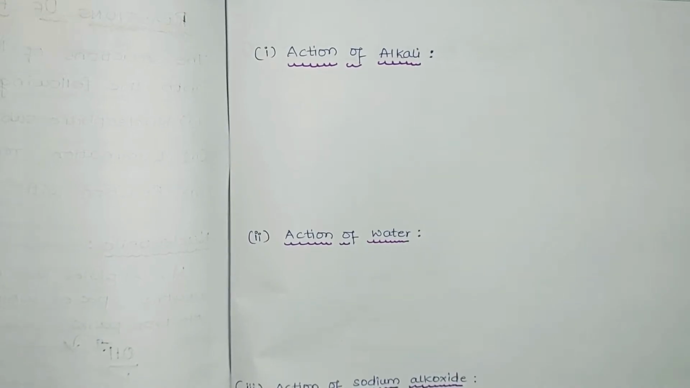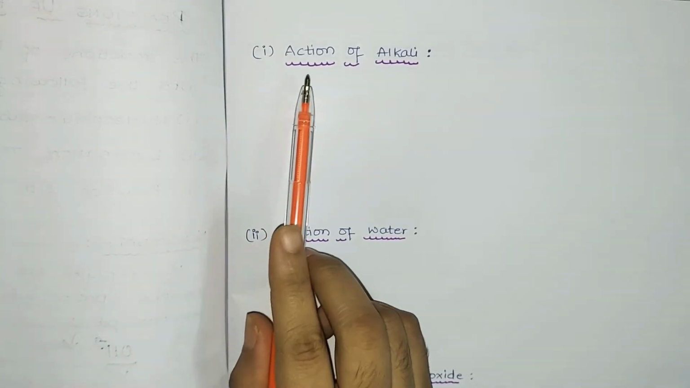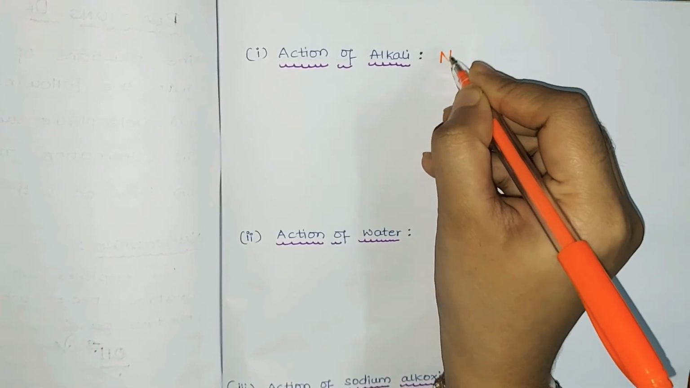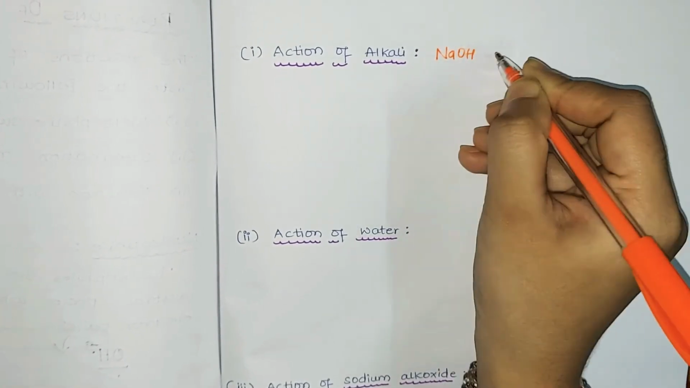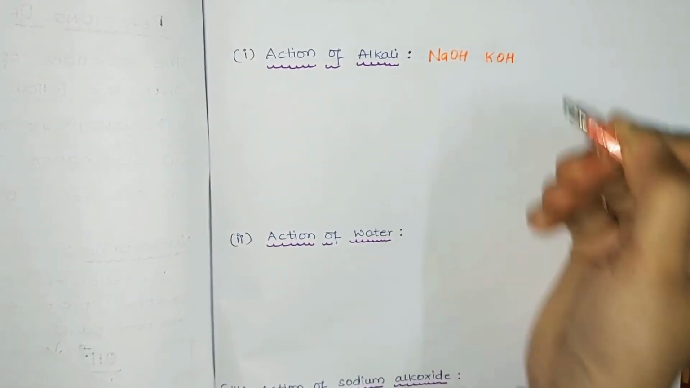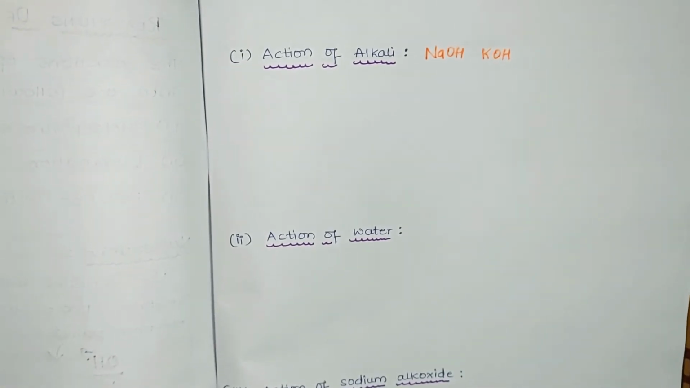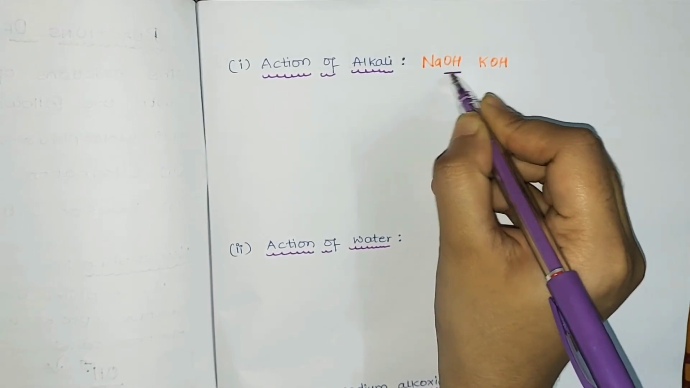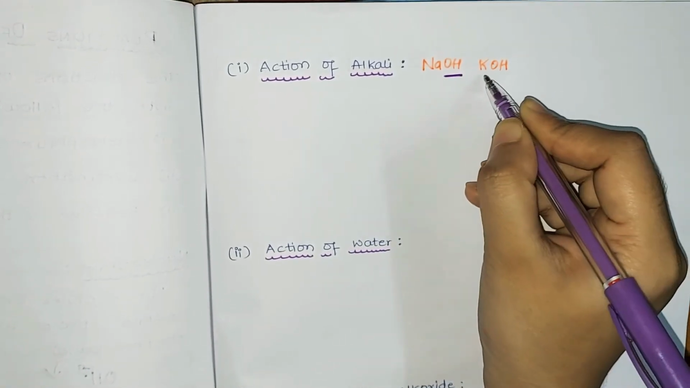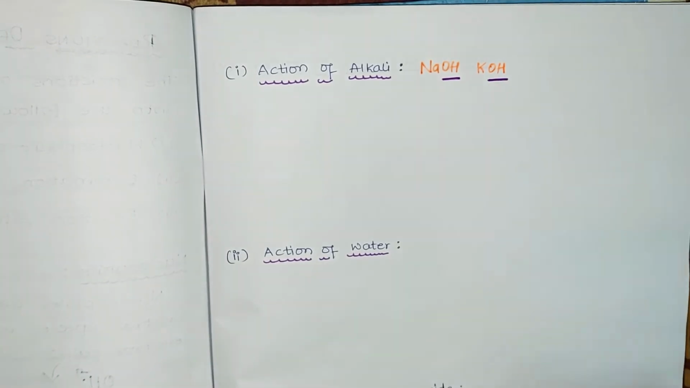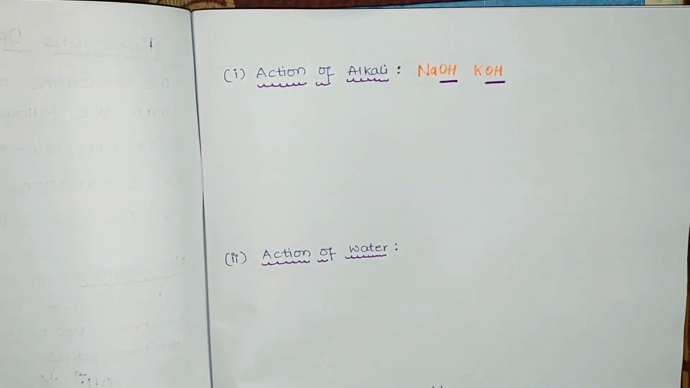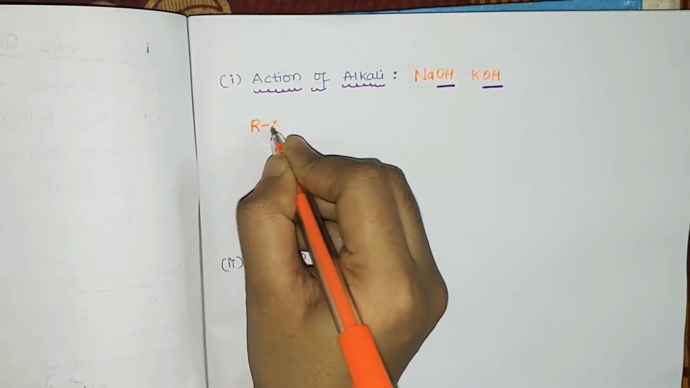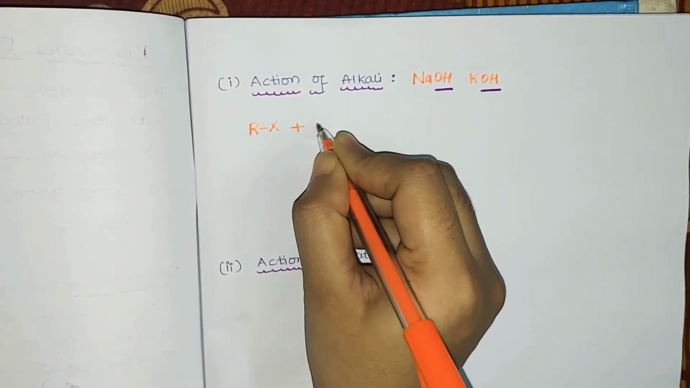Consider the examples. Action of alkali. In the textbook, the alkalis given are NaOH and KOH. In NaOH and KOH, which is the nucleophile? OH minus. Even in KOH, the same nucleophile, OH minus. Let us consider an example. When an alkyl halide, generally RX, reacts with NaOH, that is sodium hydroxide,